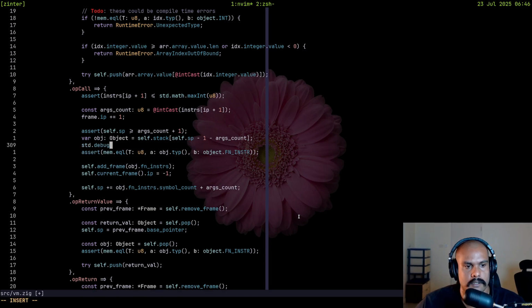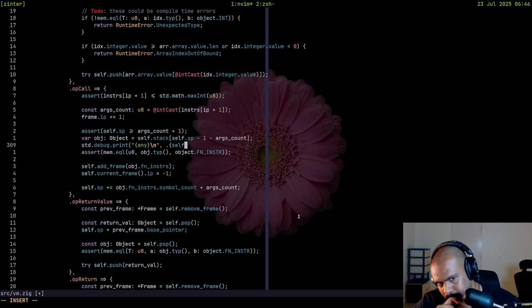Standard debug print, any. Self dot stack 0 to self dot sp.